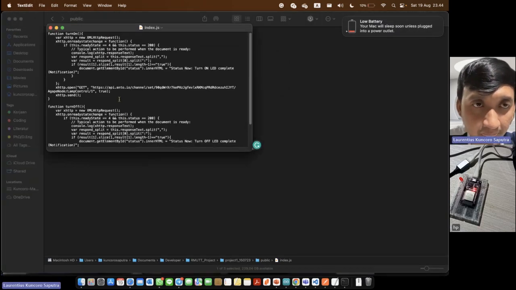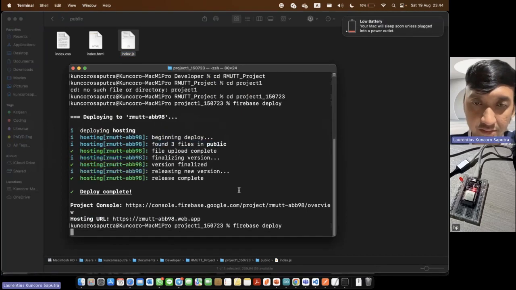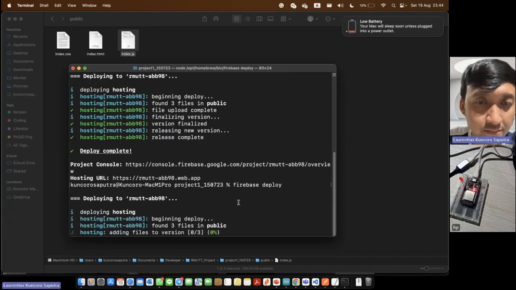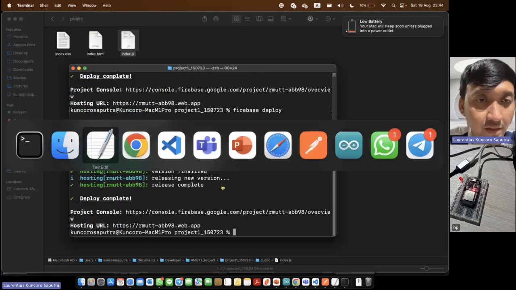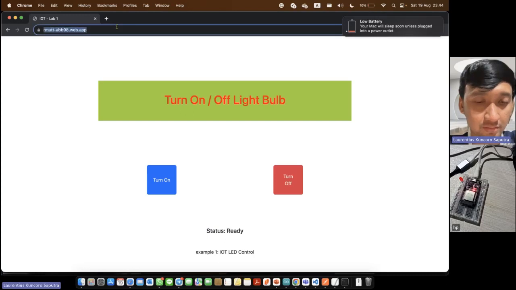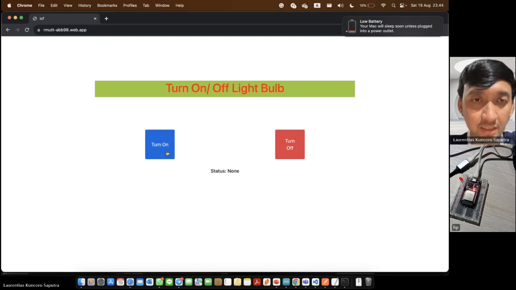It's already correct, so I will deploy again. Okay, found 3 files in public. Okay, I will reload. Yeah, it's already new, so the status is none, and if I push turn on,